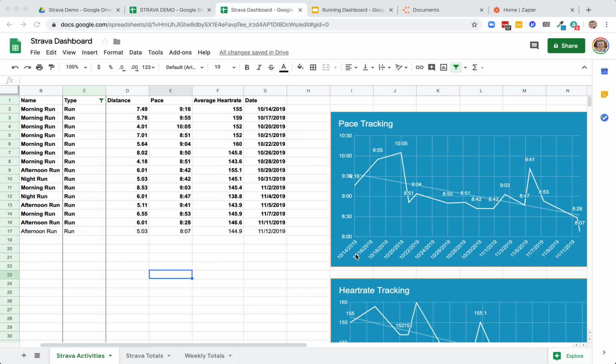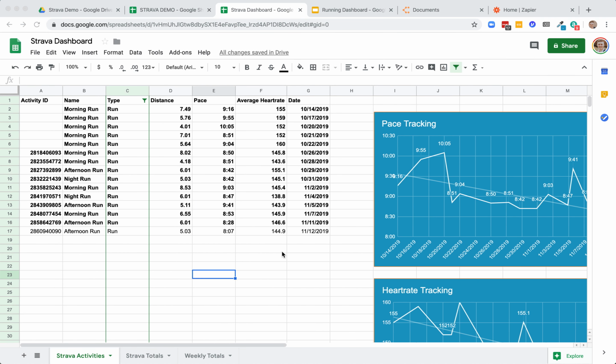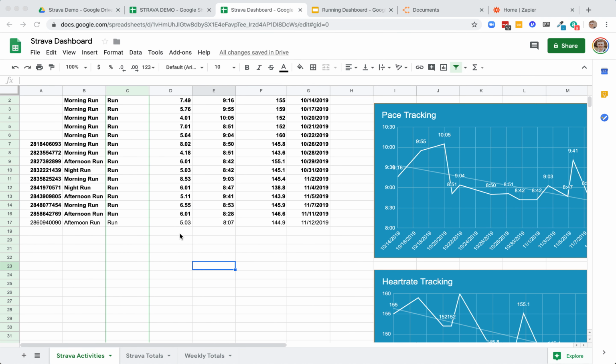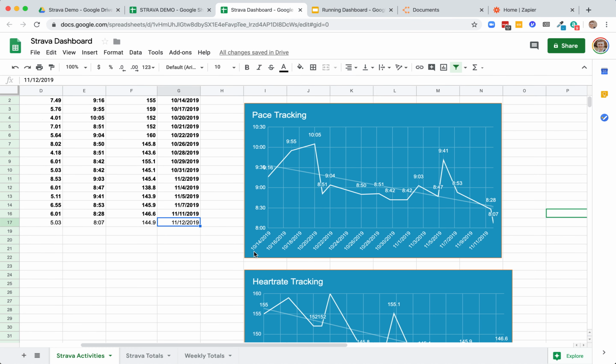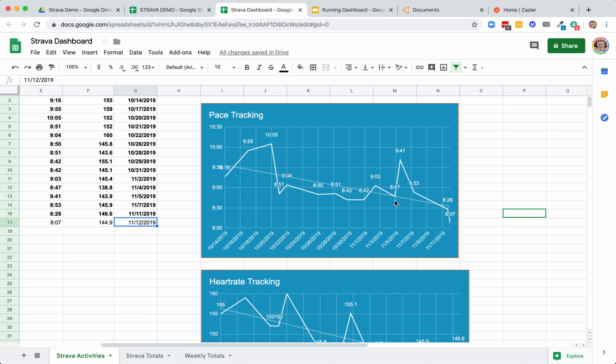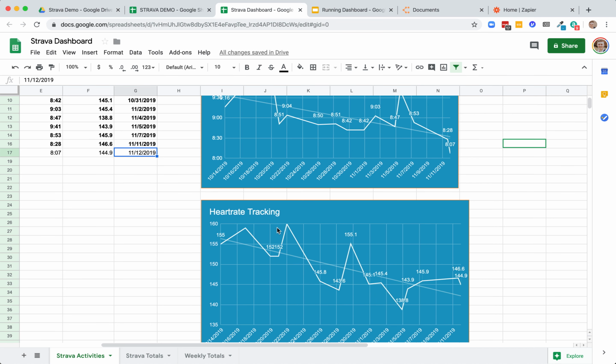Here I have a Strava dashboard set up, so I have Strava that's every time I complete an activity, it's automatically pushing directly into Google Sheets. So you can see I did an activity this morning. These are the stats that I wanted to gather, and every time an activity is done, a new row is added, and then that's automatically updated across these charts that I've built for tracking my overall pace, my overall heart